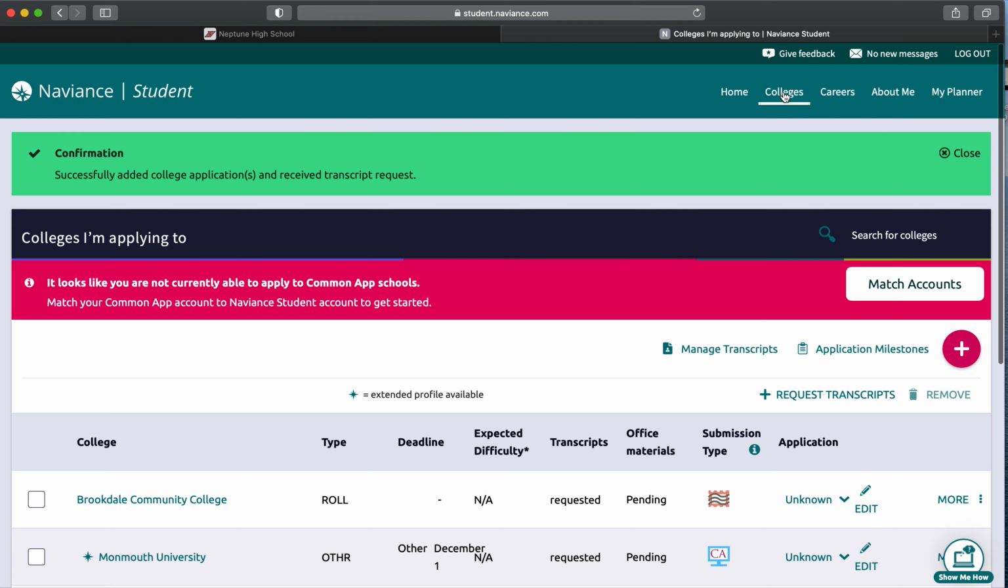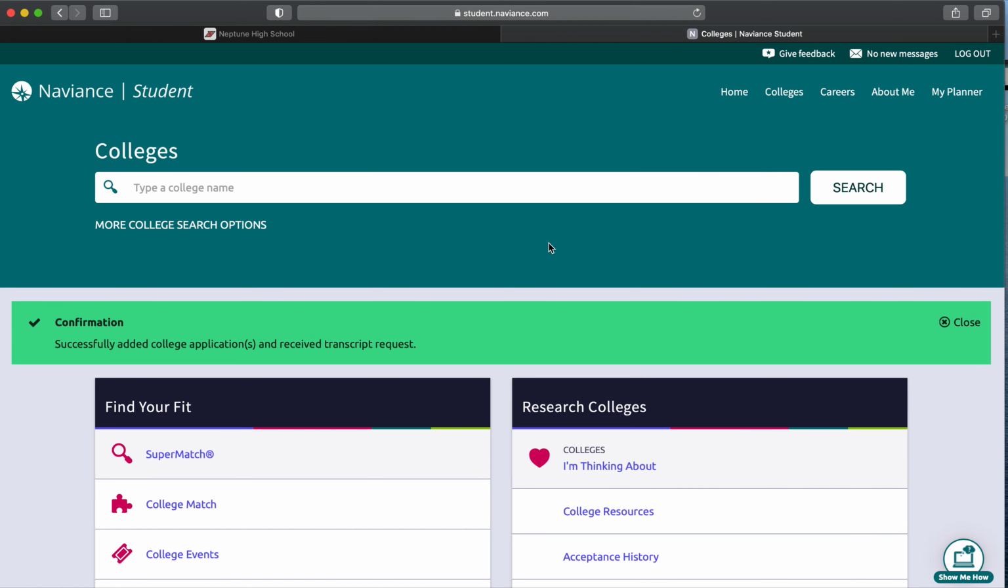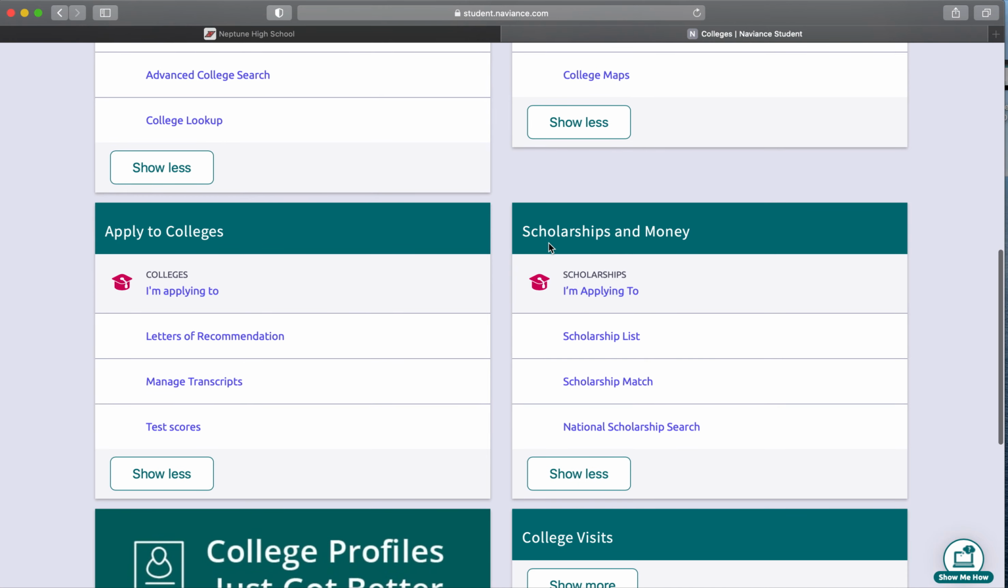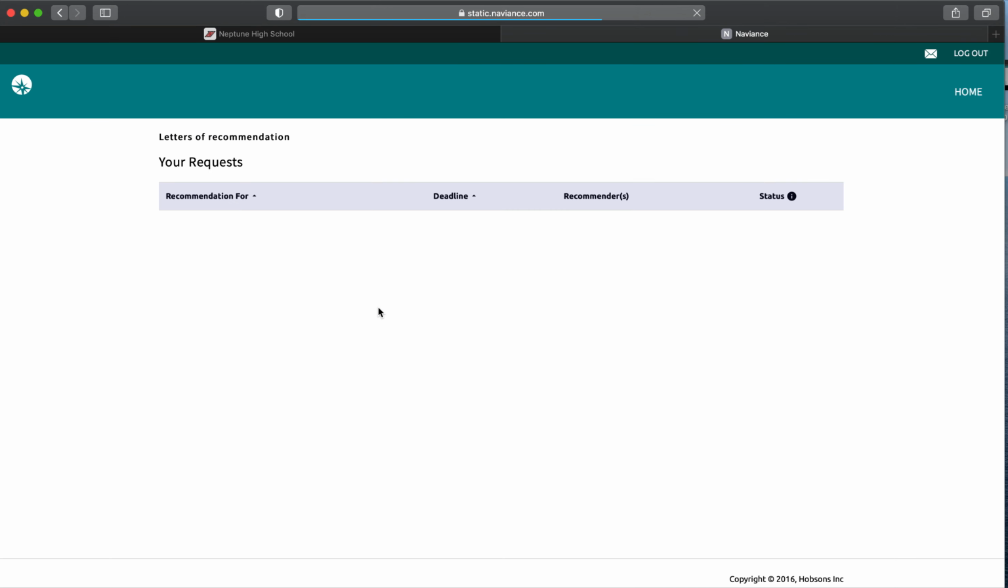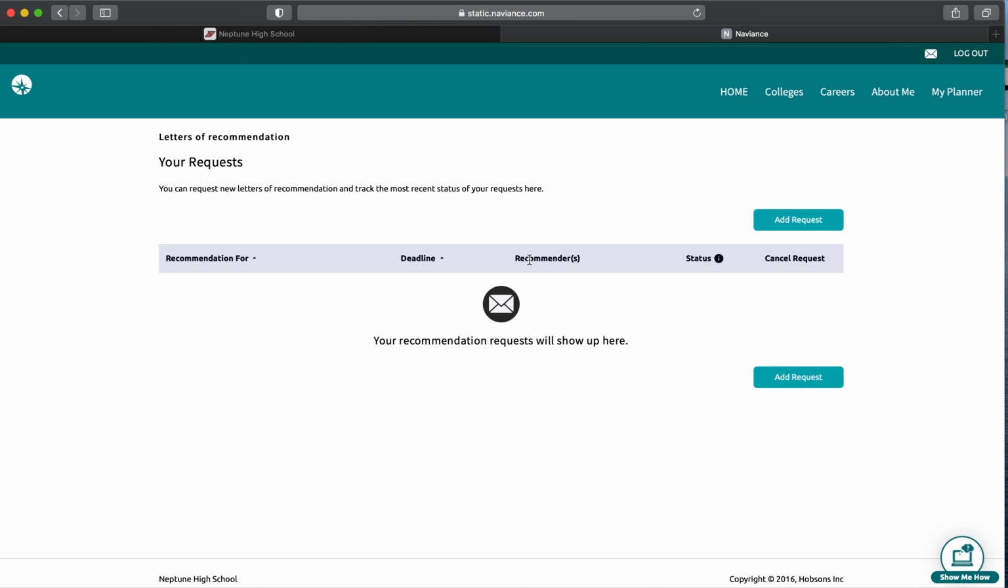If we go back up to colleges and the home page, under Apply to Colleges is where you're going to find the letters of recommendation information. That's located here, and by clicking on letters of recommendation, we're then able to request letters of recommendation from a teacher. The first step in this process is always to complete your brag sheet, and if you need a copy of your brag sheet, all you need to do is go back to home,